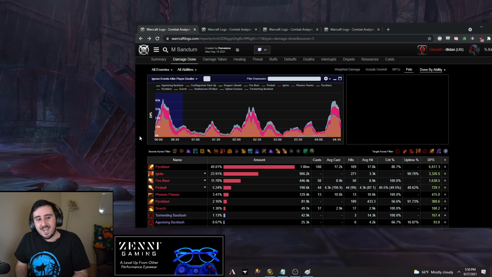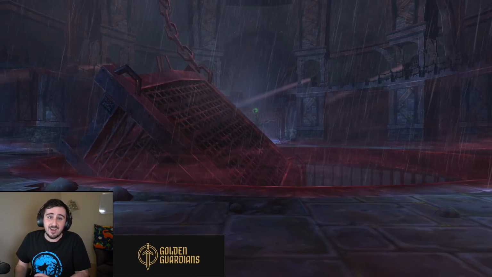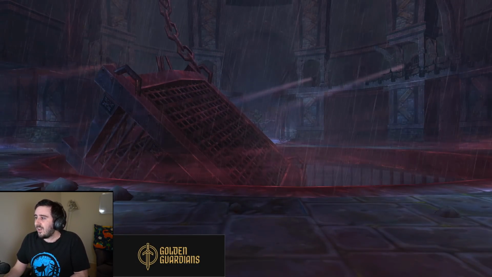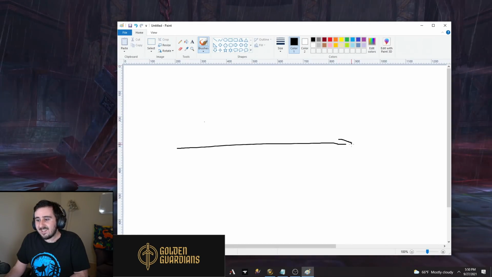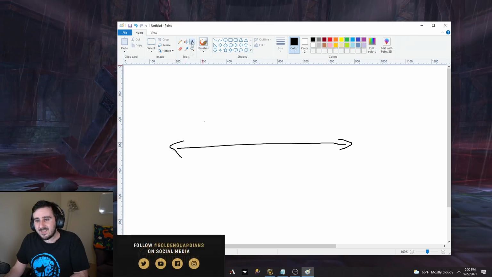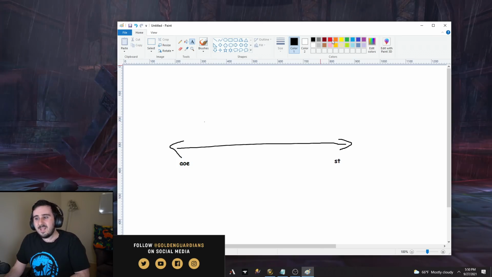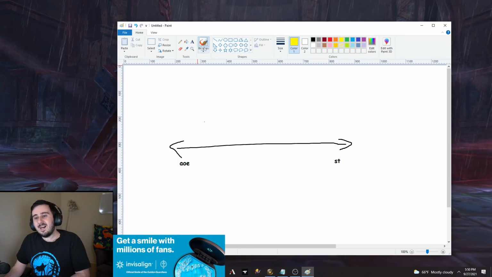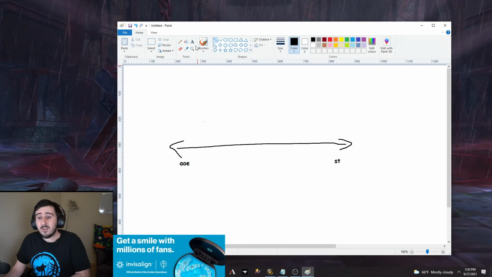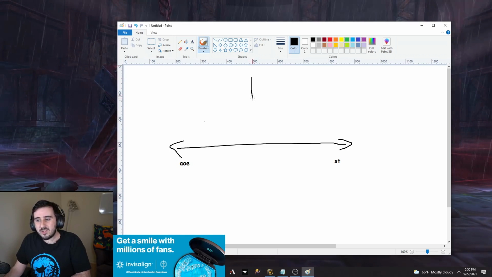All right, the next axis of damage that we'll consider is area of effect versus single target damage. A lot of people perceive this as being on one axis, right? They'll think about this as being, oh, you're either doing AoE damage or you're doing single target damage. And so they'll think about specs as either being good at single target or good at AoE. But I actually think there's another really important axis to consider with AoE and single target damage, and that is